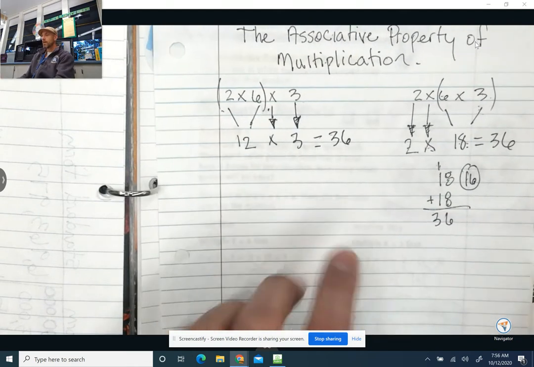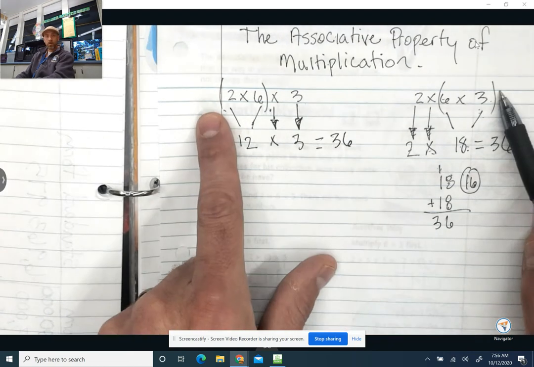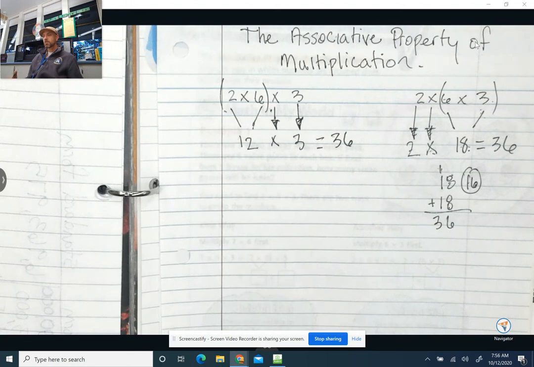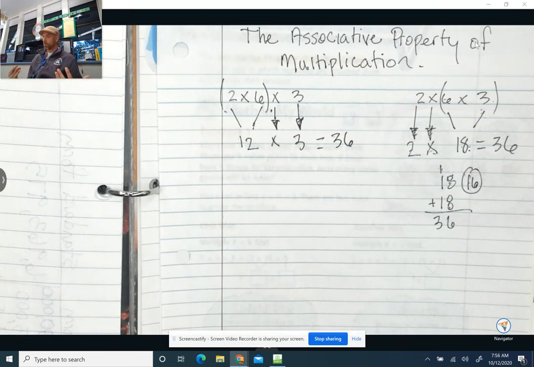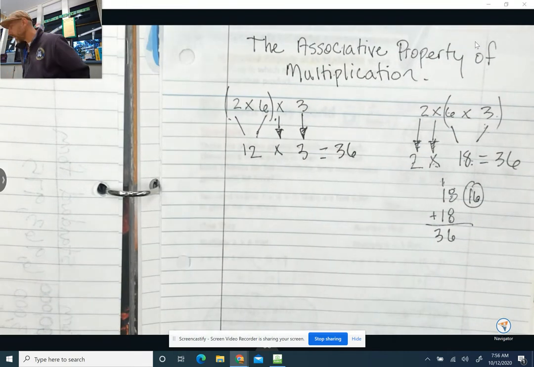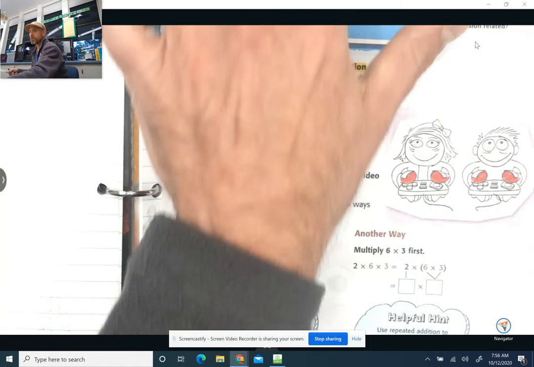36 is the answer. It does not change the answer, but what the parentheses can do and what the associative property of multiplication can do is make multiplying 3 or more numbers a little more convenient for you. Okay? So when we are going through our independent practice, it's going to be very helpful for you to please